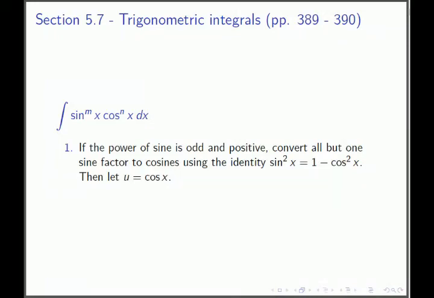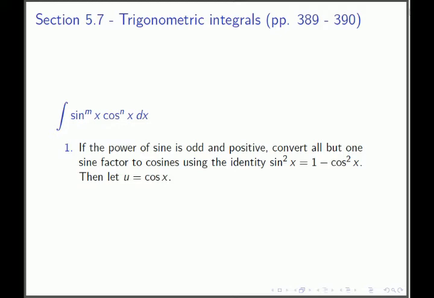In this video, I'm going to tell you how to evaluate integrals which involve products of powers of trigonometric functions. To begin with, let's look at an integral which is a product of powers of sine and cosine. First, if the power of sine is odd and positive, then what we're going to do is convert all but